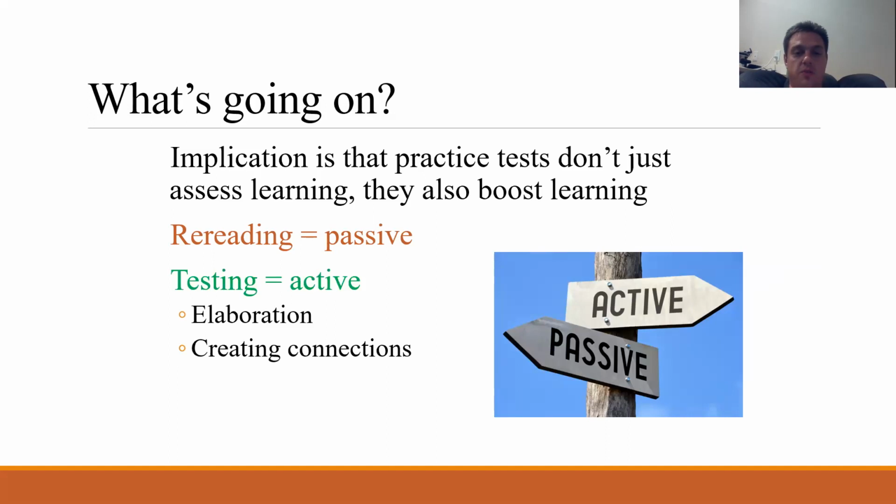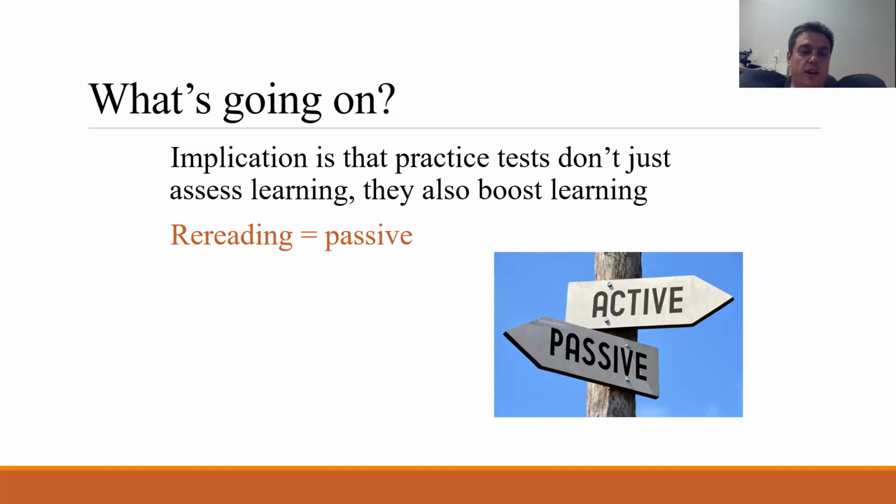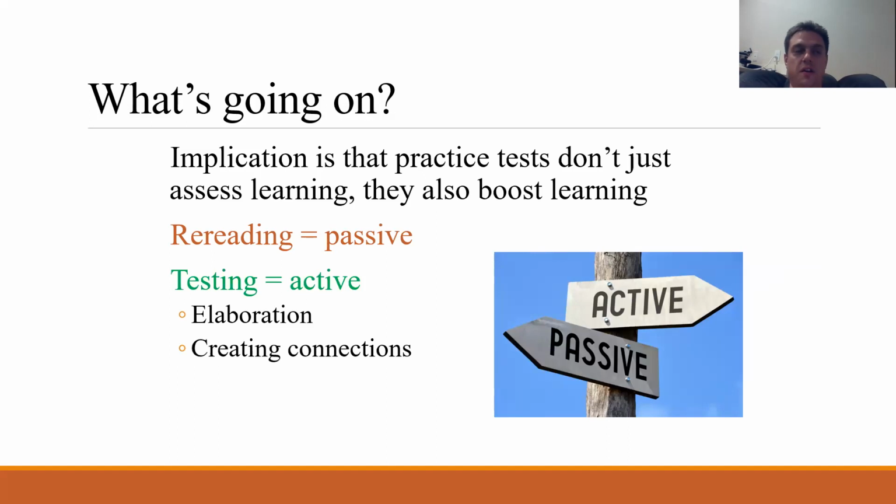It definitely has something to do with passive and active reading. You can imagine that just rereading something is very passive, you're not really engaged with it, maybe it's hard to focus. Whereas testing is a very active method of encoding. You're elaborating on it, and you're also creating connections. So you can use your retrieval attempt as a memory cue. That can remind you of what the answer was, you have to connect it to other things, whatever it might be.